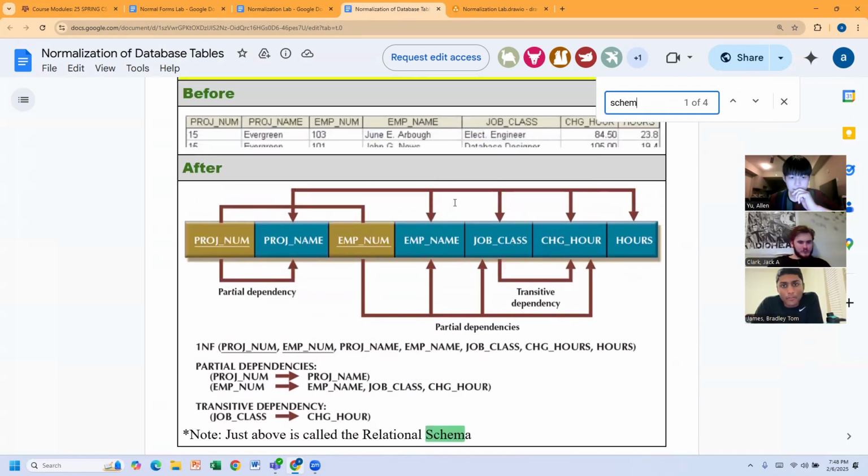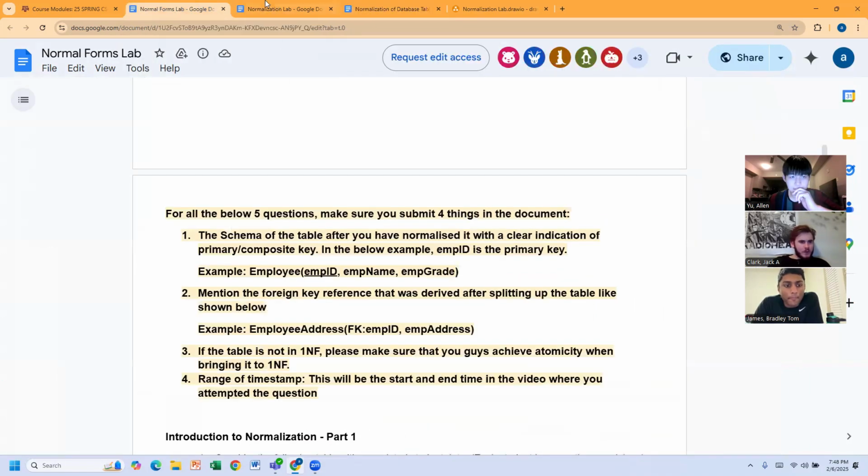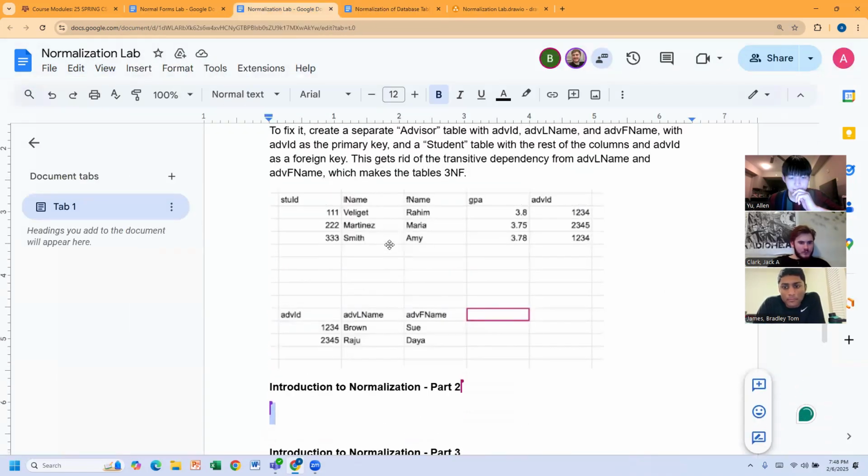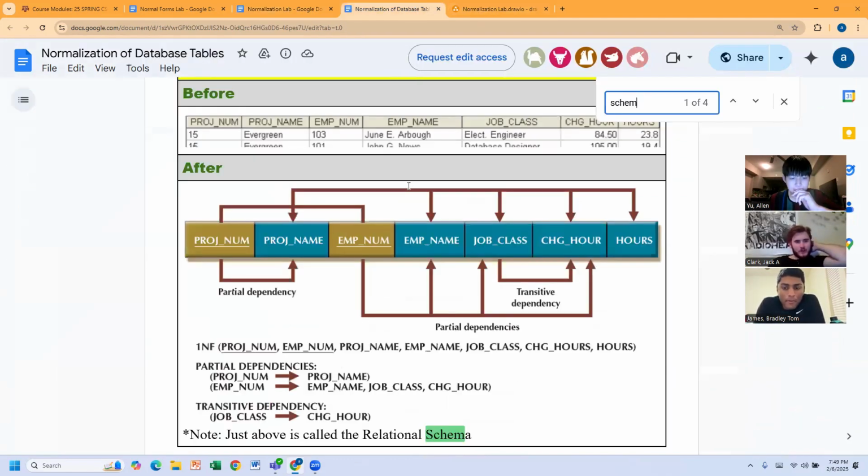Does the table look good to you guys? Yeah, I think so. So then, here, let me see. Yeah, okay, that looks good. Okay, so in the schema,